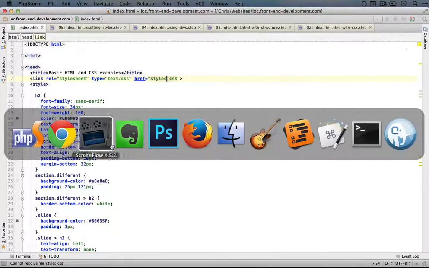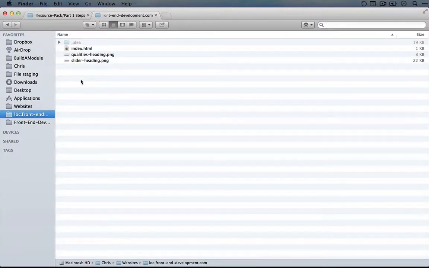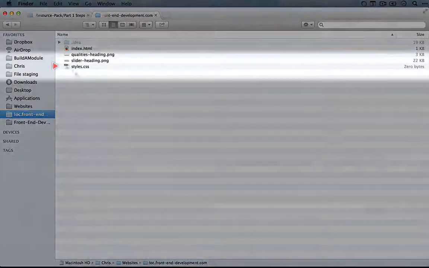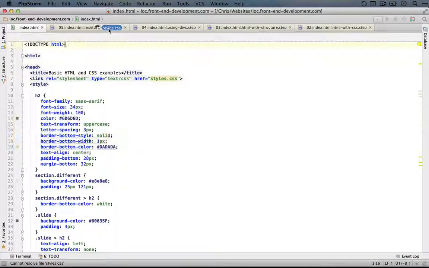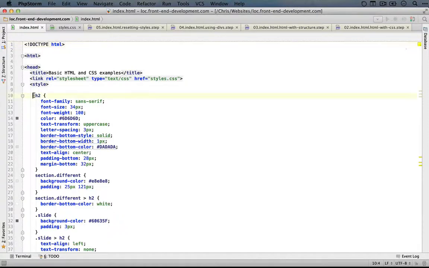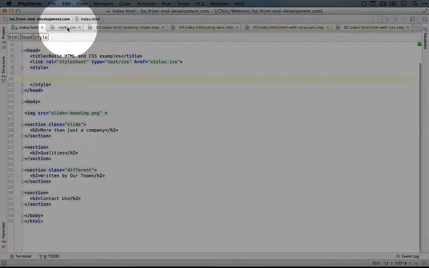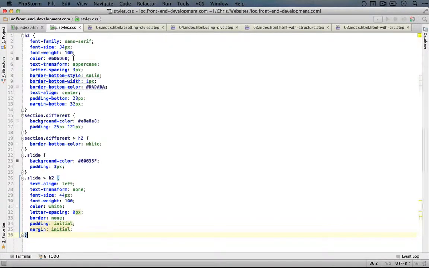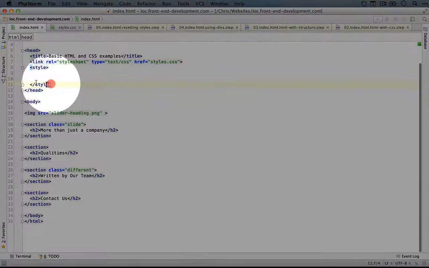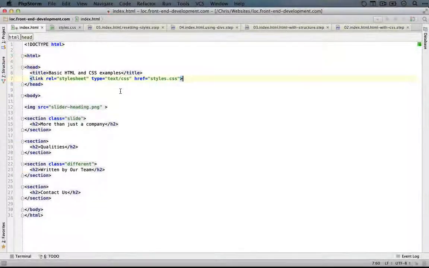And then I'm going to go back to our file explorer, and I'm going to create a new file called styles.css right here. I'll open this up in my editor, and I'll take all of the styles that are in our index.html file, but we don't need the style tag, and I will cut this out, jump back over to our CSS file, paste it in, and save it. And then we can go back to index.html and remove this empty style tag, and we'll save this.